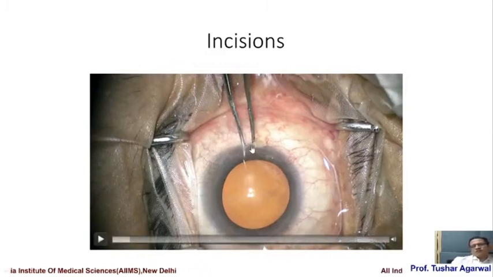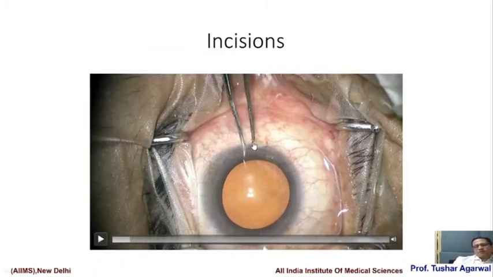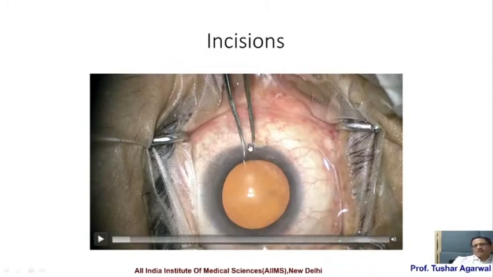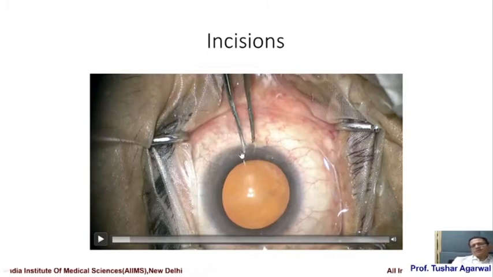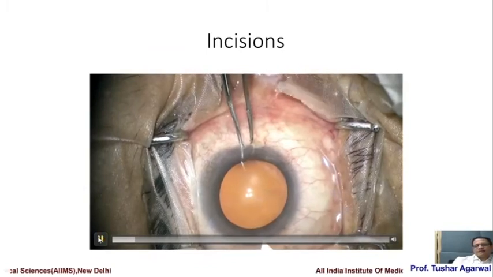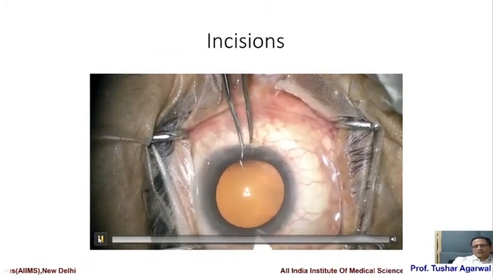the counter pressure which has to be applied on the opposing end of the incision. So you need something like a LEMS forceps, not to grab the conjunctiva, but to just apply counter pressure on the opposite side of the blade. And as you advance the blade into the cornea, you keep releasing the pressure. So this does two things. It gives you some counter pressure on the cornea to make the incision. And secondly, it prevents the rotation of the globe. So the incision will get created in the exact direction as you intended to be.